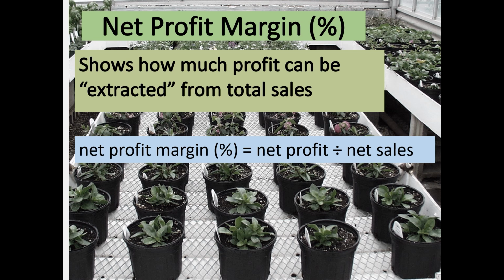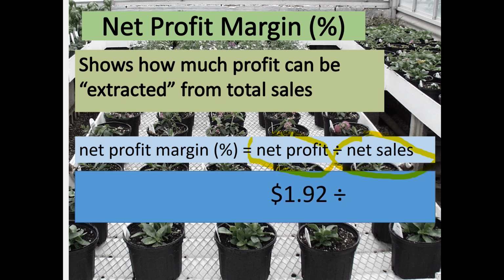So we look at this by taking our net profit and dividing it by our net sales. In our example, our net profit, we just figured on the last slide, was $1.92. Our net sales, remember net sales, this is after shrink, so even though we're charging $5 a pot for this particular pot, we have to account for the fact that there will be some loss to that crop. And that gives us a 41% net profit margin. And if you're doing geraniums at 41% net profit margin, you're in good shape. This is where we want to see you.